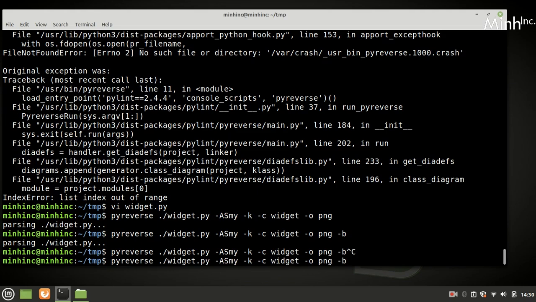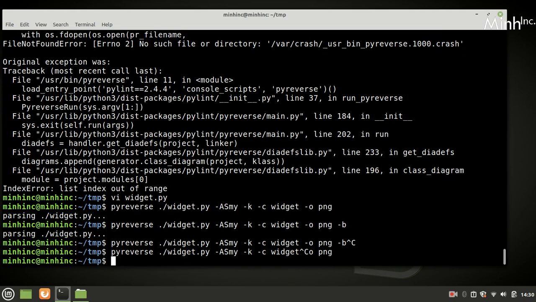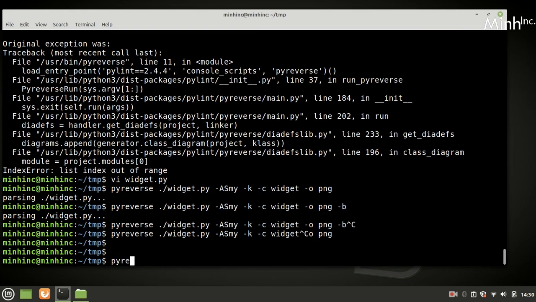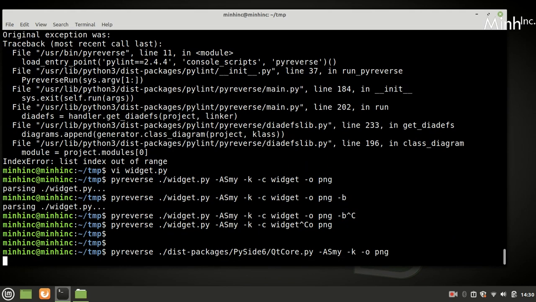And if we want, then we can remove this, and in that case, if you want to draw a complete package, or better some smaller one, Qt core, so we can draw and we can say everything we want, and then class diagram, and it should be PNG.